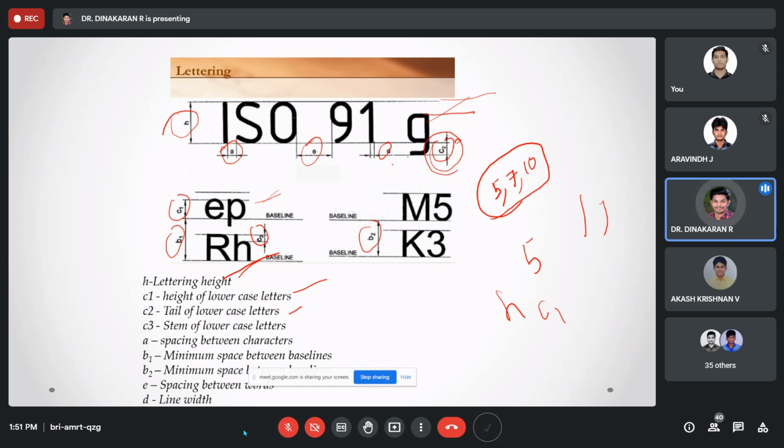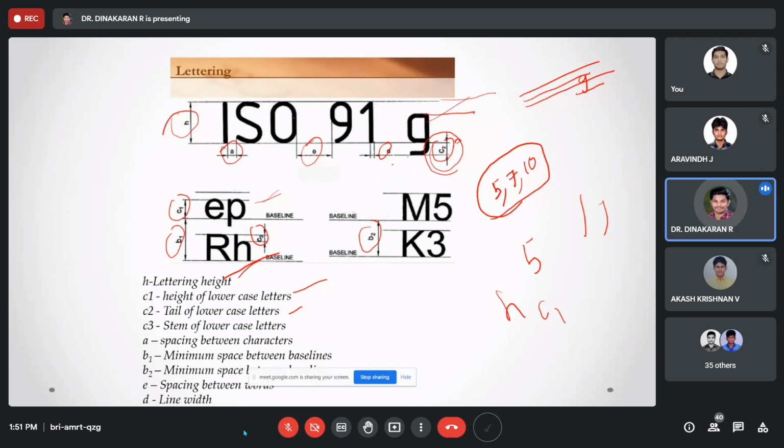Okay, like that. For that, you need to communicate the letters with dimensions. You need to mark dimensions like that. First, you write an H value. In this H, you need to mark a C1 value. Then after that, a C2 value. In that, you need to write G like that. Okay, this is an example.